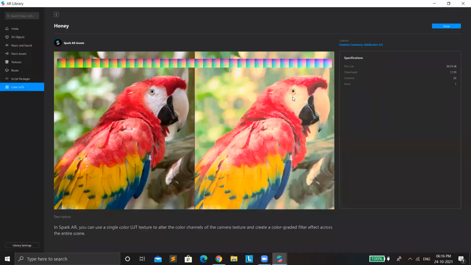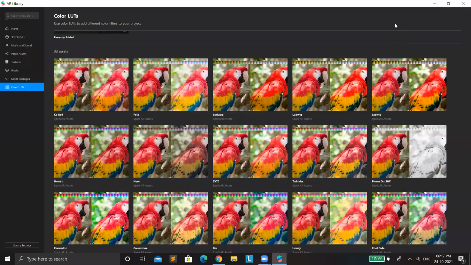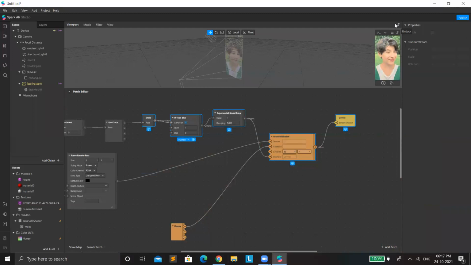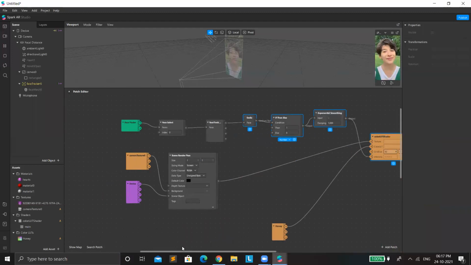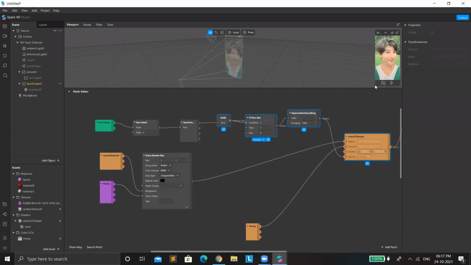Okay, if you don't want to add the LUT effects like this, like how I said, you can use the fast color alert, and then you can just take the camera texture and add it. You can even do it like that. I hope you guys remember. Shall I show it with that method also? If you guys have forgotten how to use the LUTs,